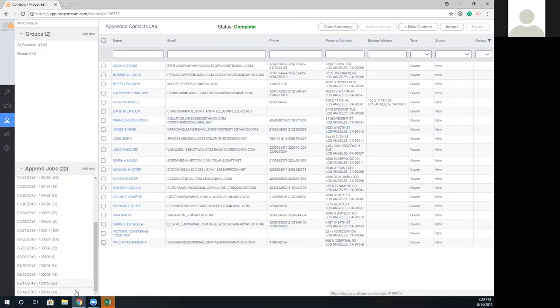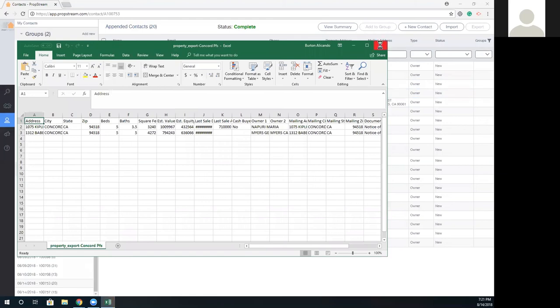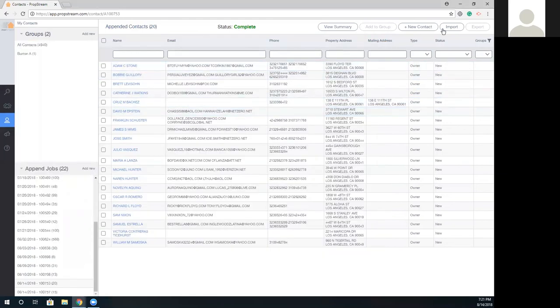Cool. So if we compiled our own list, let's say we had our VAs on Craigslist putting together a list of landlords, putting property addresses in from Craigslist, then we could actually scrub that list, skip trace, and find the owners that way too. Absolutely. Yeah. The bare minimum when it comes to our skip tracing feature is the least amount of information we need: just their last name, address, and zip code. So as long as you have their last name, address, and zip code, we can pull their information for you.